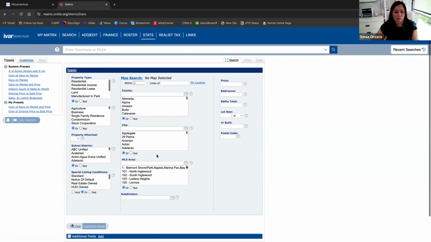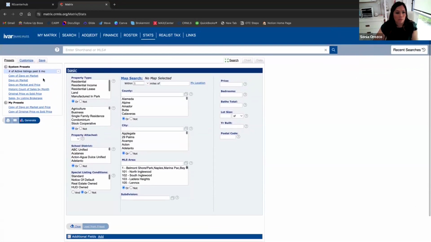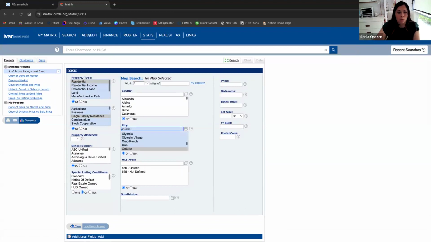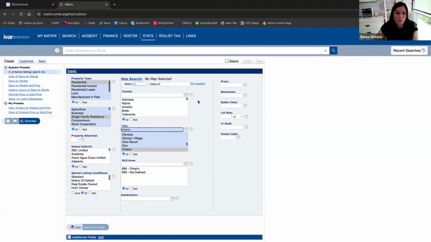Everybody's good to go? You can do your market updates, create a template in Canva. Right there, Sonia, where would you print that from where you are right there? Print this. So if you go here, let's see, average six months, residential, single family, Ontario. What I usually do, and I can show you, what I typically do